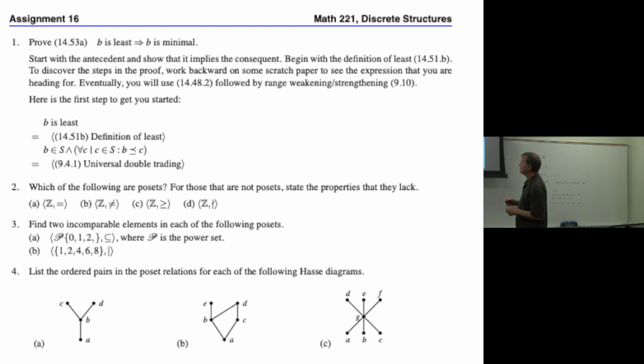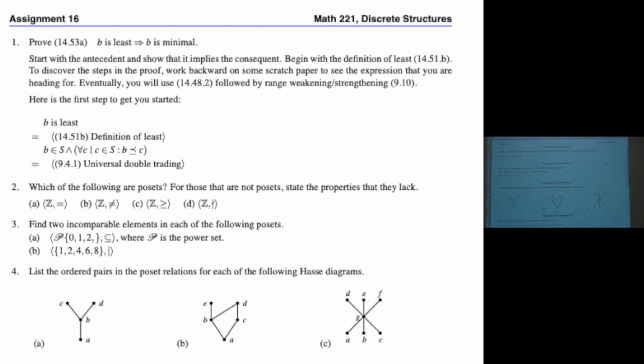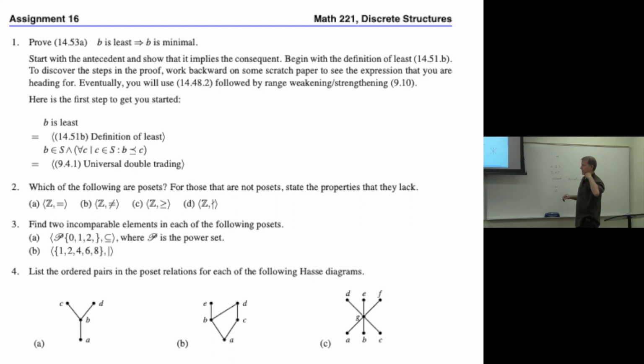All right. Find two, supplementary exercise S.20. Find two incomparable elements in each of the following posets. The power set of {0, 1, 2} under subset. All right, so this is S20. Can we find two incomparable ones? What's incomparable? It means that if it has a diagram, there's no way to connect them. In other words, we have to find